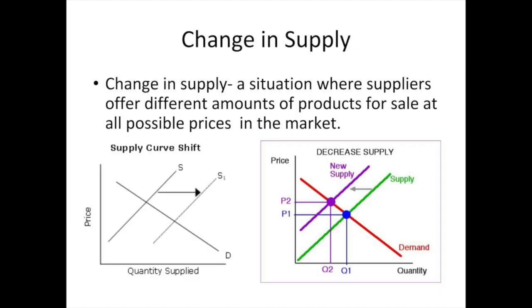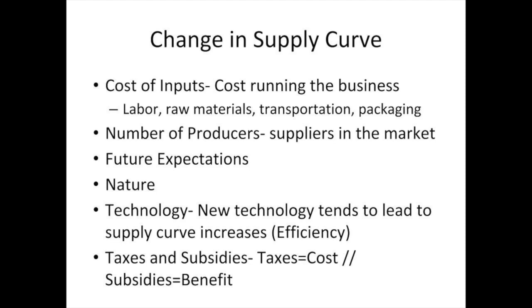Now, just like the law of demand, when we look at the law of supply, we need to recognize right away that price does not change. Price is going to remain constant. As a result, there needs to be an externality that is creating new supply curves. And of course, we're going to call those shifters, just like we did for demand. These are simply the shifters that we're going to look at as we continue to go through supply. Feel free to put those into your notes if you want to pause the video, or as we go through each shifter, you can throw those into your notes and make sure that you're comfortable with what each is asking.